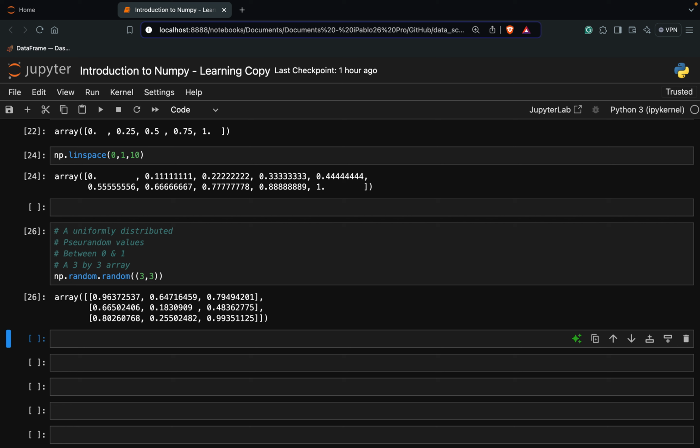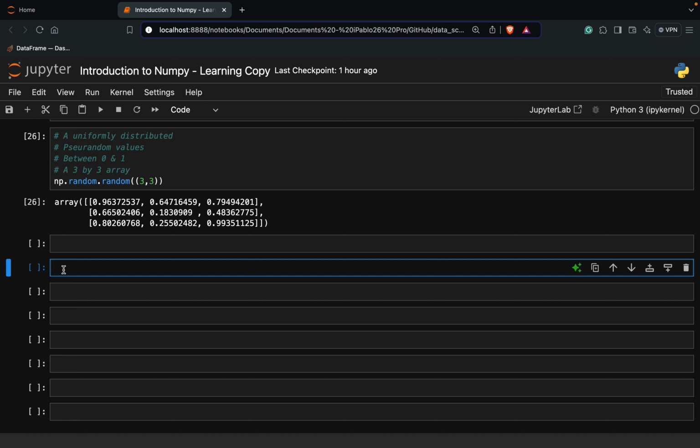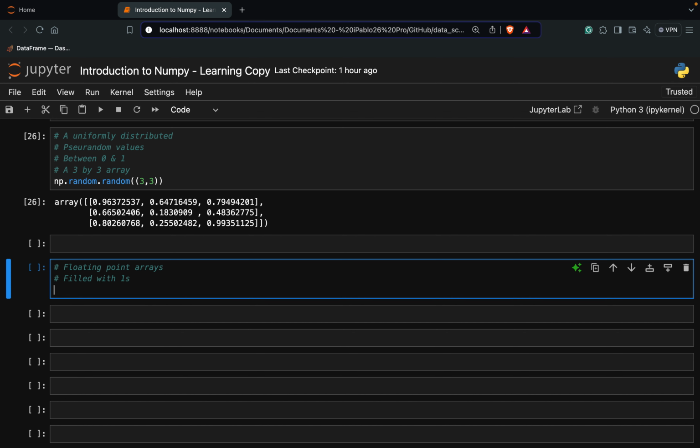I'm having this temptation. Okay, let me do one more. So here, and put a space here, and here I want to create an array with floating point arrays filled with ones. So here we have floating point arrays, right? So that's what we're going to have, and it's going to be filled with ones. So here it's filled with ones. How do I achieve that? Now to achieve that, I am going to use